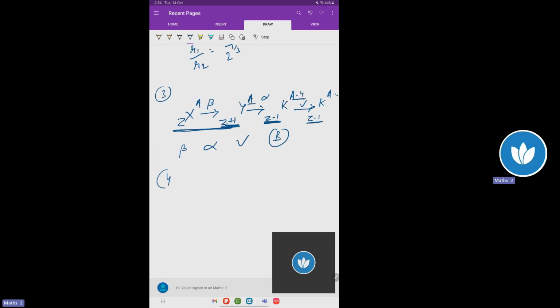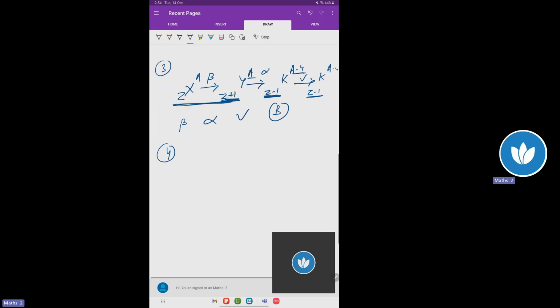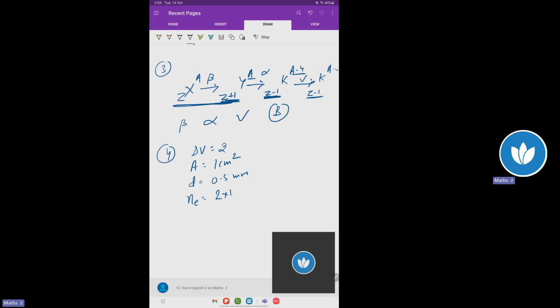Question number 4. Potential difference delta V of 2 volt is applied between the opposite faces of a germanium crystal plate of area 1 centimeter square and thickness 0.5 mm. If the concentration of electrons is 2 into 10 raised to 19 per meter cube and mobilities of electron and holes are mu E and mu H,